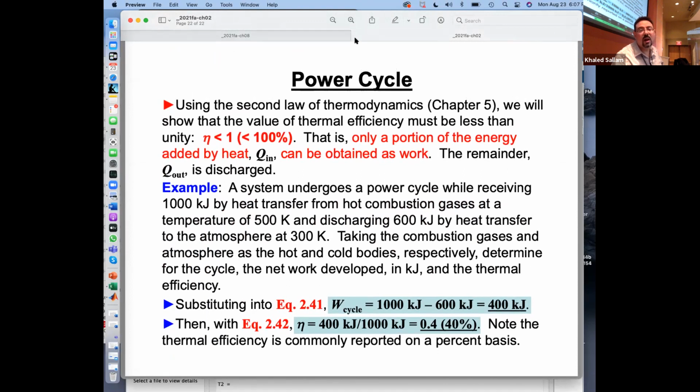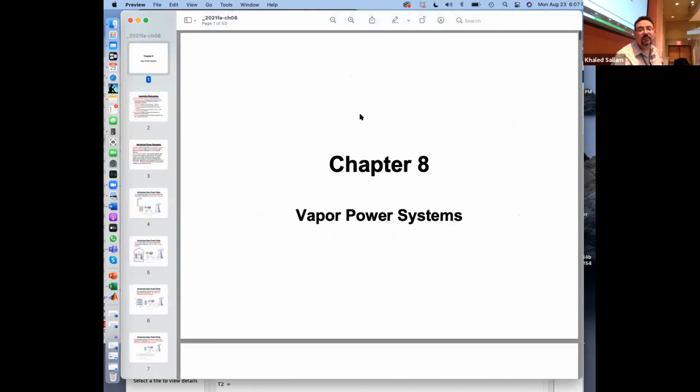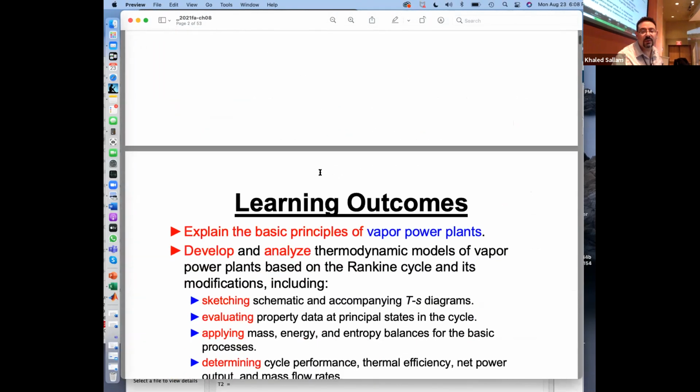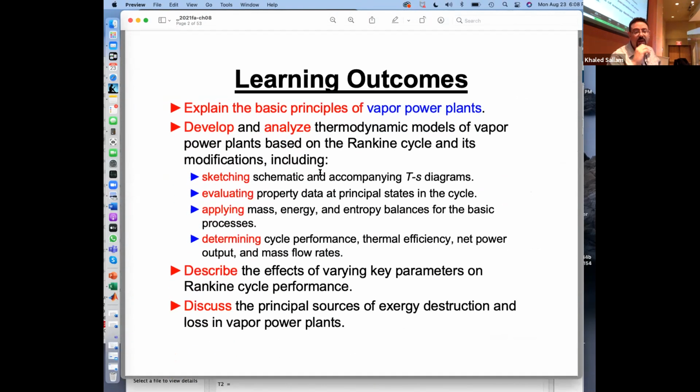Very cool. So in chapter 8, he starts talking about the Rankine cycle, vapor power system, right? And so sketching the cycle on a TS diagram, I personally enjoyed it when I was a student. I spent a lot of time coming up with really neat sketches of the cycle, especially when you have a lot of feed water heaters. And I think it's very important for you guys to do this. So that's why in the project,